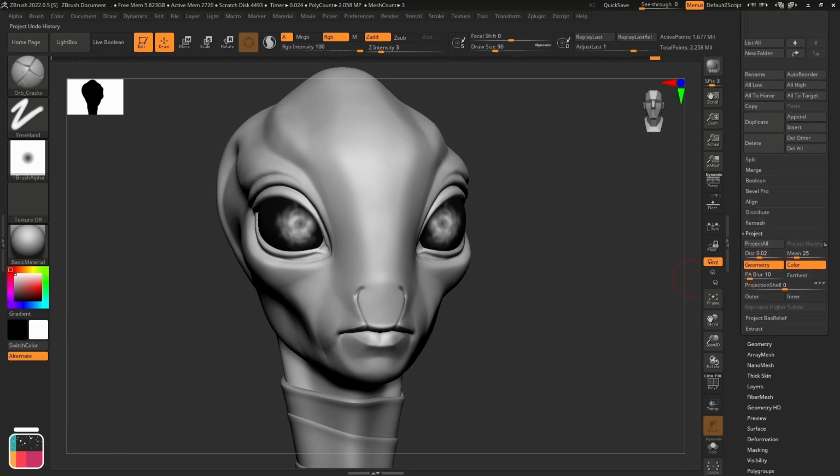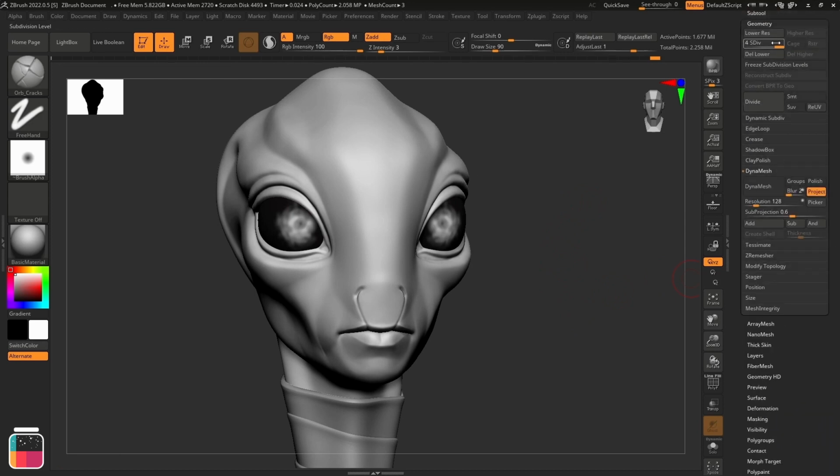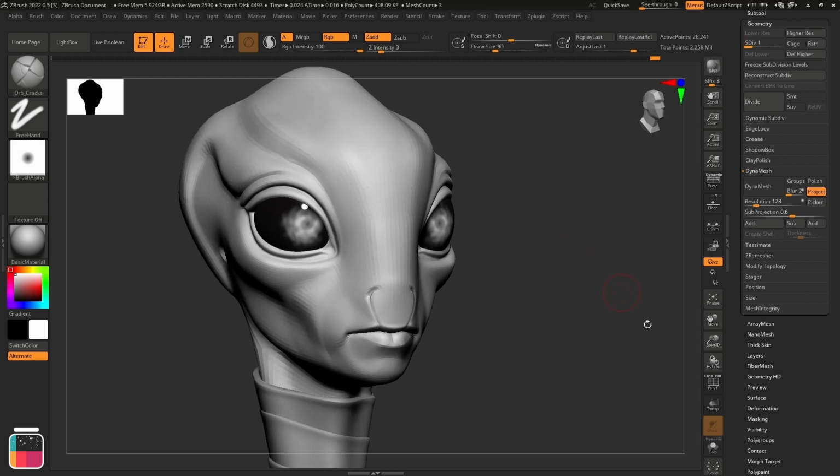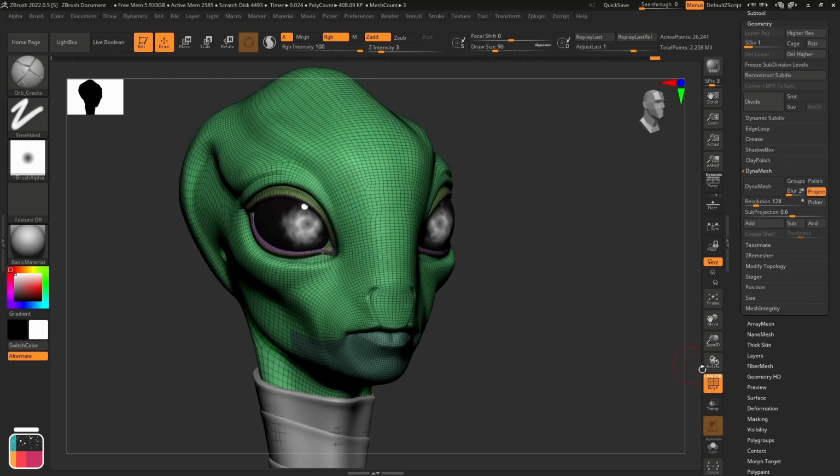The first subdivision level will serve as a blend shape for open eyes. Let's export this mesh as an OBJ.